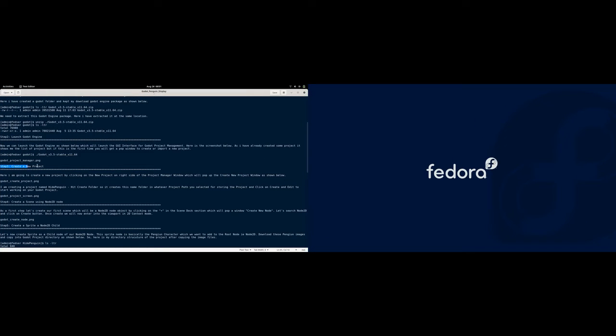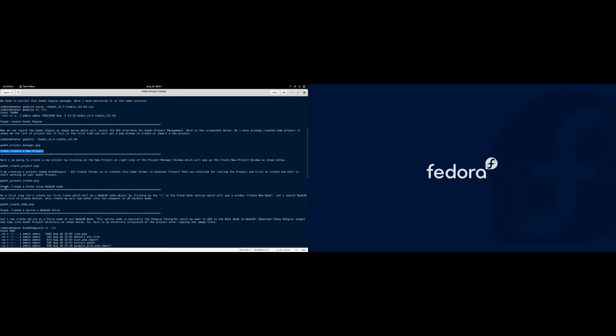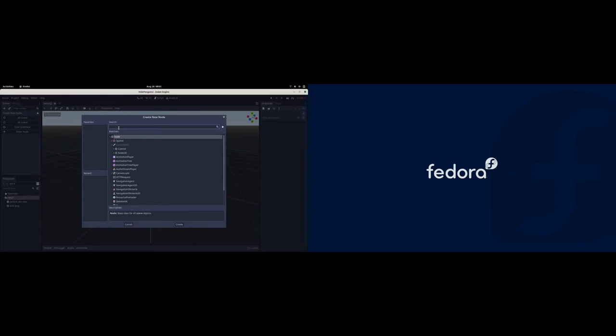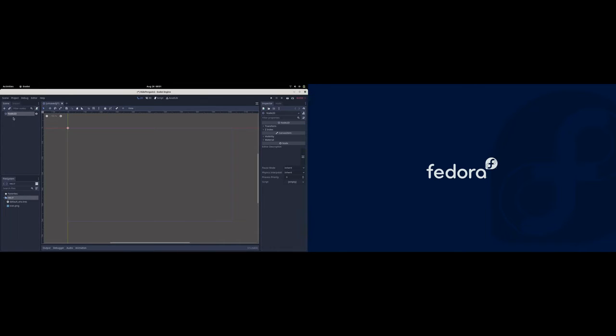So now we have created our new project, and we have looked at how the project manager interface looks. Let us now go into step 4, that is creating a scene using the Node2D node. Let us click on the plus sign, you can see the plus sign over here, or you can use this also. We'll search for Node2D and create. This will take us into the 2D mode of the viewport, wherein we can create our game. Okay, let us rename our